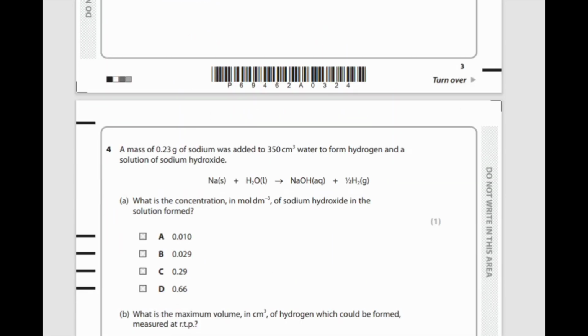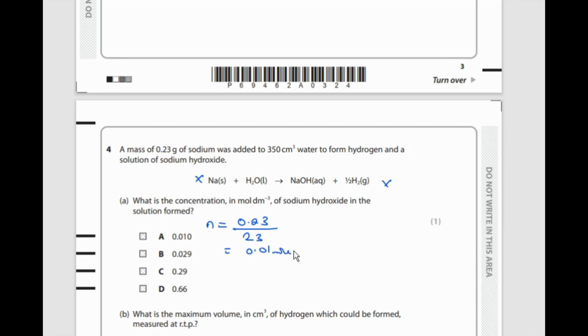Question 4. Mass of 0.23 grams of sodium was added to 350 cubic centimeters of water to form hydrogen and a solution of sodium hydroxide. As the equation shows, what is the concentration in mole per dm cubed of sodium hydroxide in the solution? So first of all, find the number of moles of sodium present. That is step number 1, which is mass divided by relative atomic mass. We get